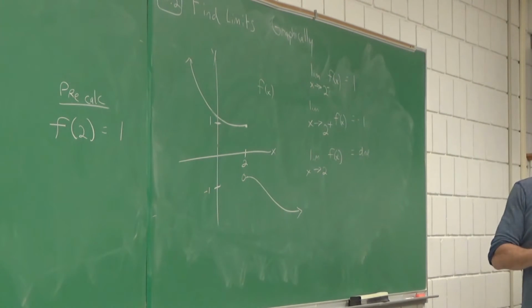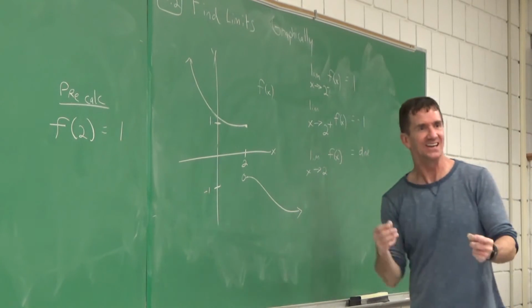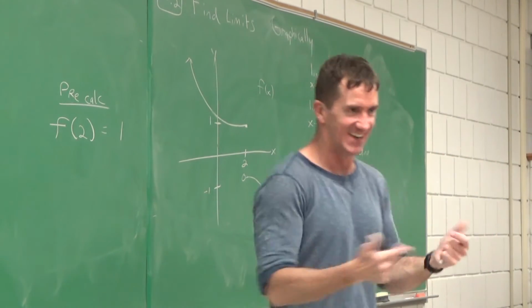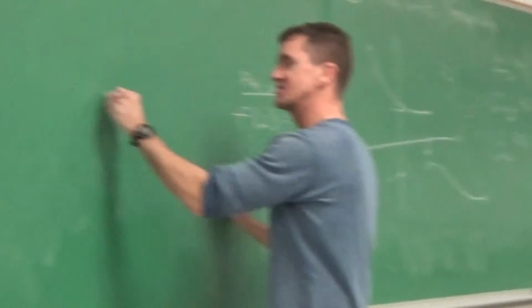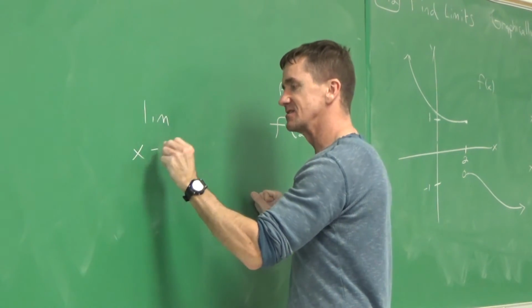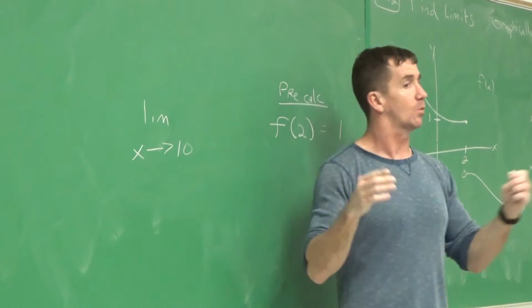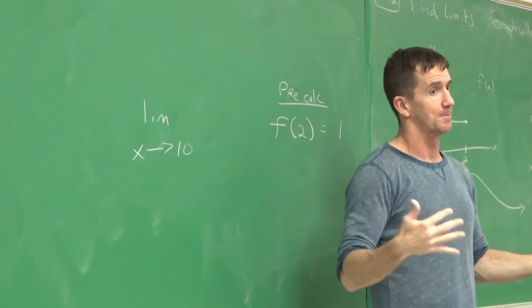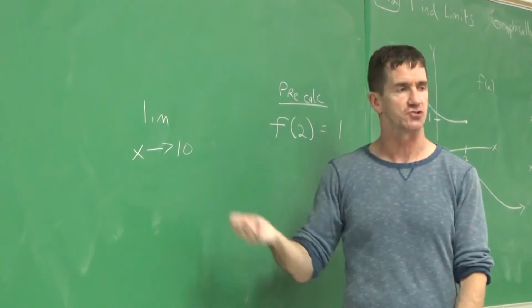So if you ask the question without the negative or the positive sign, we have to first find the negative, then the positive. I love it. That's how you've got to think. You've got to look from both sides and see what it's equal to. That's right. So everything in this course, if you're looking at something graphically, and they just do something like this, and there's nothing up there from the left or the right, you're like, well, I'm going to have to look at approaching from both sides. I have to think about what's going on on both sides. As long as it's a straight line, no, I'm fine.